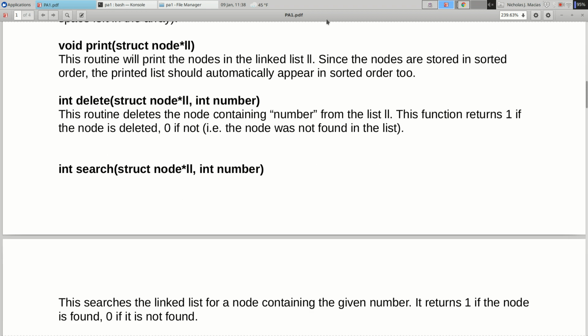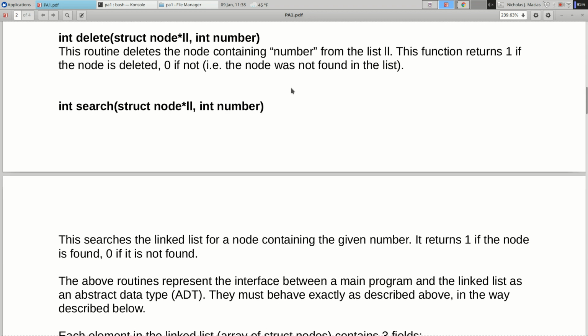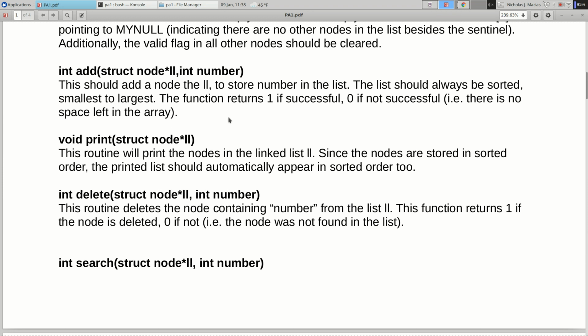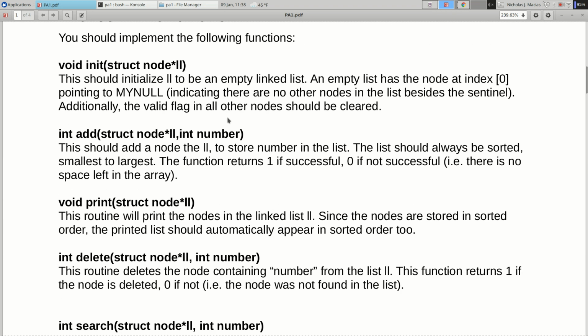And so this is something called an abstract data type. When we think about a linked list as a collection of numbers in this case that we can initialize, add, delete, search, and print, that's a view of a linked list in an abstract setting. Nothing to do with the fact that there's an array of struct nodes that have 3 fields and the valid flag is 0 and all that. That's detail, okay? Abstractly, a linked list is just this structure that we can do these things on: initialize, add,